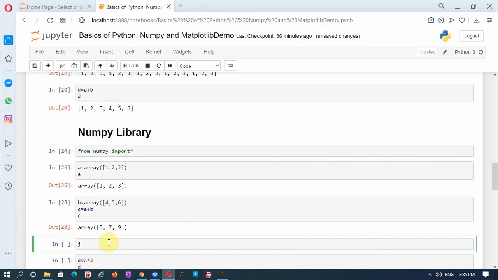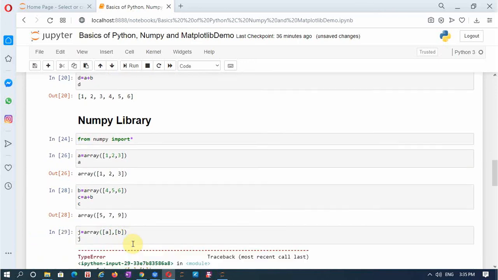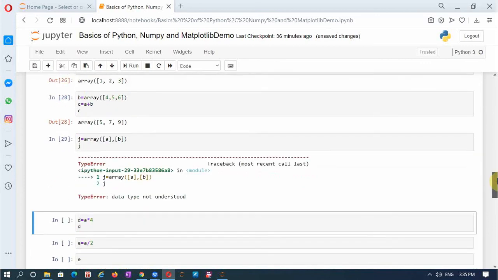Okay. Now I'll define another array J, which is a concatenation of two arrays A and B. And I'll ask it to type this new array J. Something is wrong.